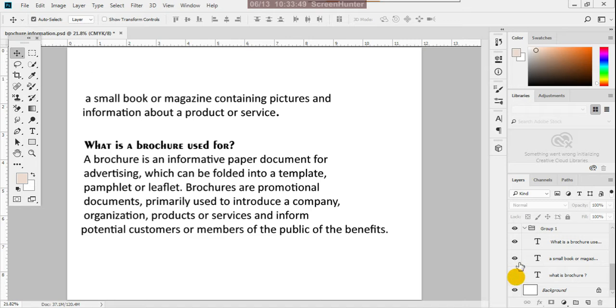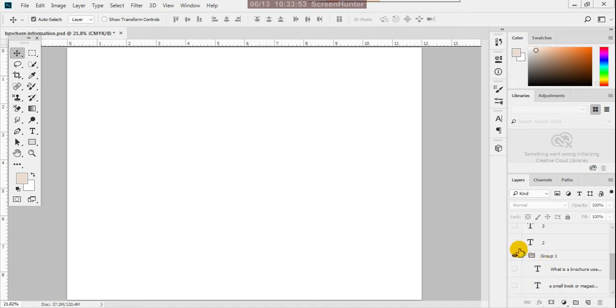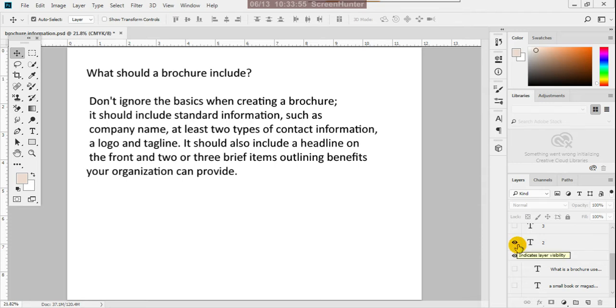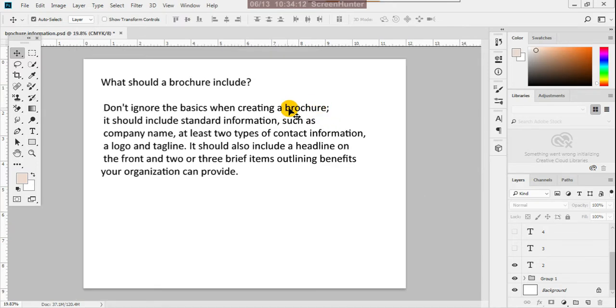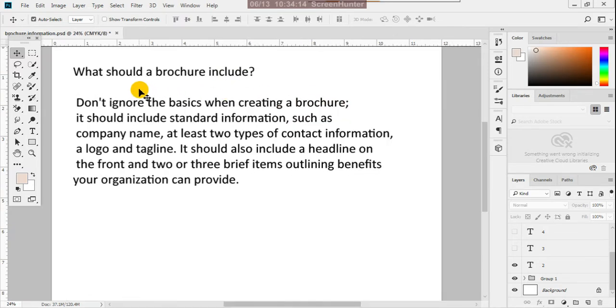Next, what should a brochure include? Don't ignore the basics when creating a brochure. There are important things we have to keep in mind.